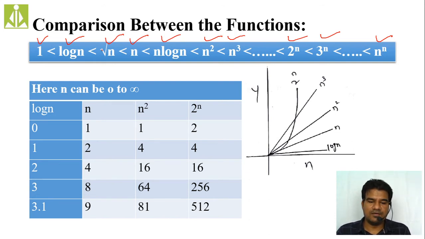Yeah, here you can see where 1 is less than log n, and log n is less than root n, is less than n, and n is less than n log n, and this entire thing is less than n square, and this entire thing is less than n cube, and so on. So I'm not doing it for all these values, but I have selected only a few just to show the proof, just to show the proof that they will fall like this only. These functions will fall like this only.